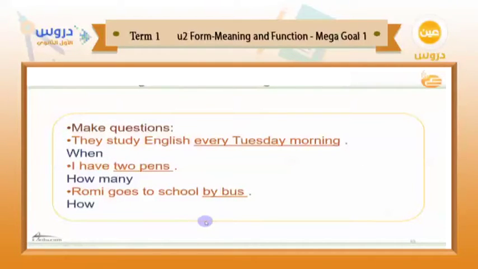And we need to make questions from the following sentences. They study English every Tuesday morning. We need to use when. And also in the second sentence, we need to use how many. I have 2 pens. And the third sentence, Romy goes to school by bus. And don't forget to use how to make questions for those sentences. All right? When in the first sentence, how many in the second, and how in the third